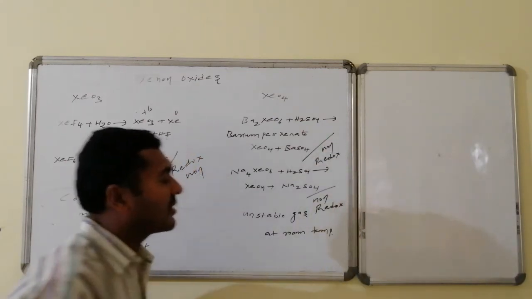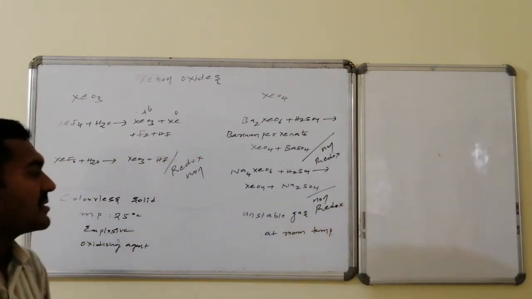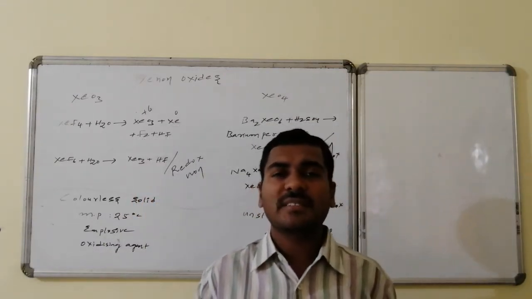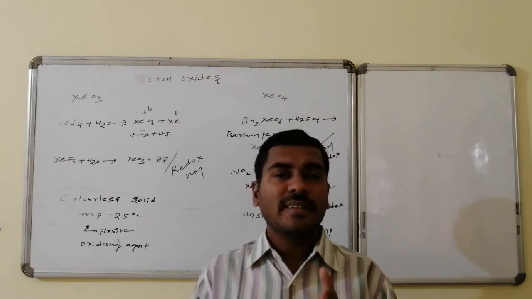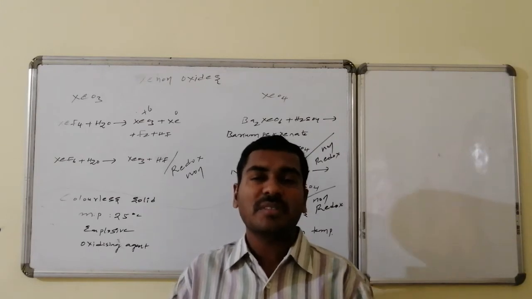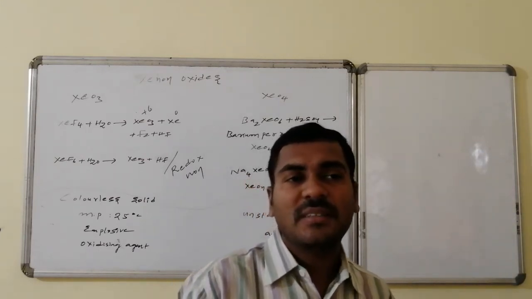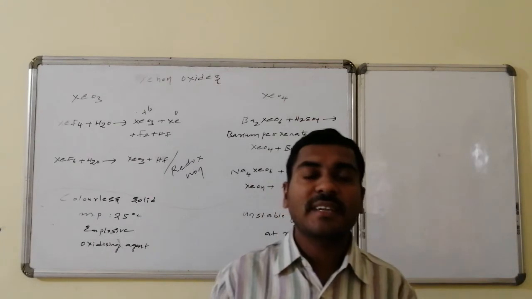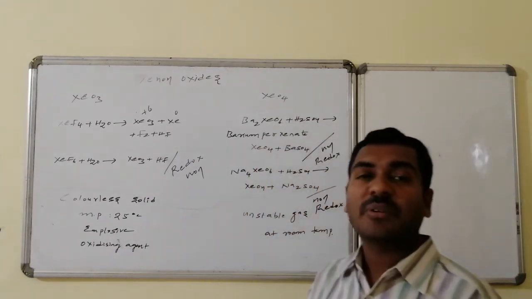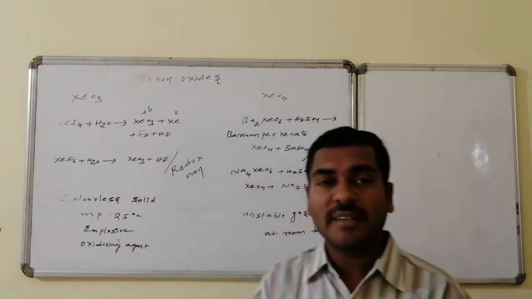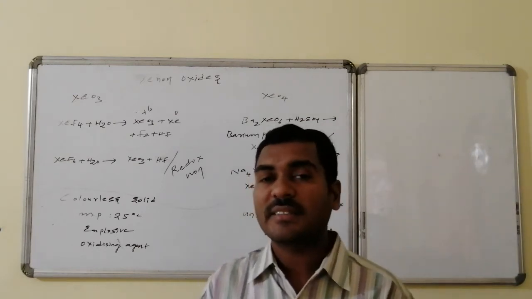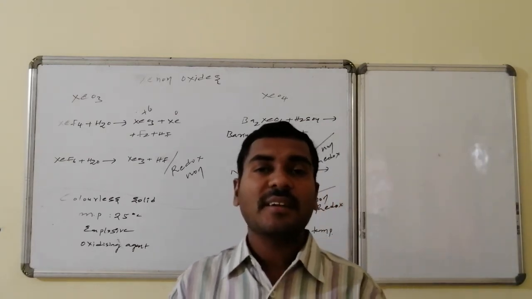This is also a non-redox reaction. Both are non-redox reactions. It is an unstable gas, because it is also a solid, but at room temperature it is not present in the solid state. It is present in the solid state at low temperatures like minus 35 degrees centigrade. Above this it explodes and gives a huge source of oxygen, hence it also acts as a good oxidizing agent. But both are dangerous. Both explode, give an excess amount of oxygen, and the explosion is uncontrollable, hence these compounds are considered somewhat dangerous chemicals among the xenon oxides. Those are xenon trioxide as well as xenon tetroxide.